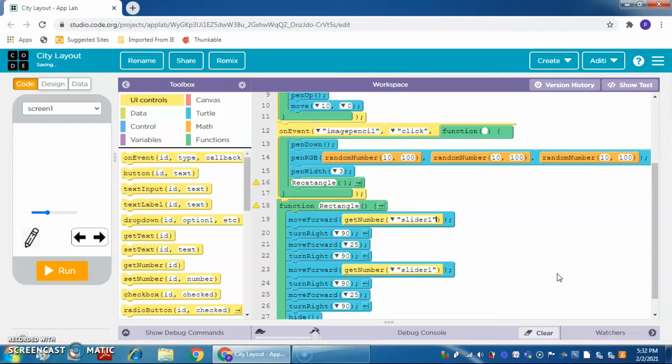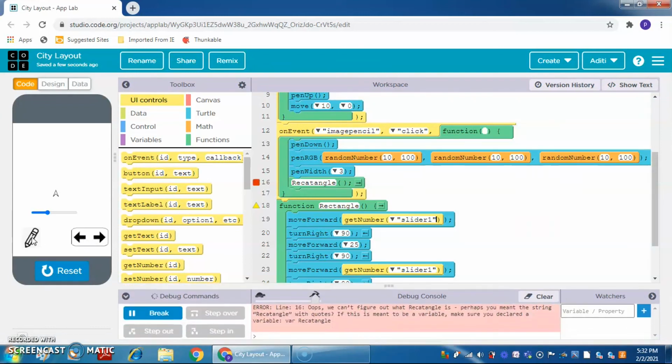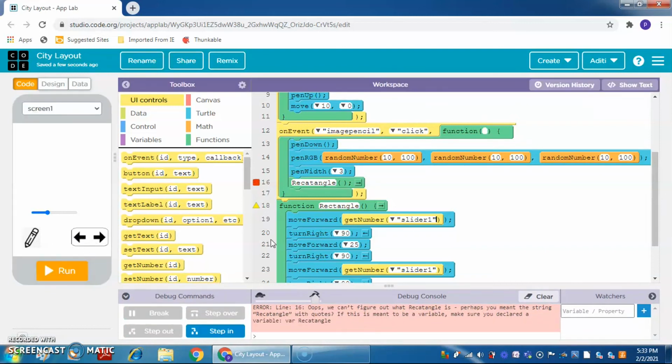And this is all the code for this project. So let's check it. When I click on right arrow, it moves right, and when I click on left arrow, it moves left. And when I click on this pencil, what happened? Oh, I told you that the spelling should be the same, so I have added this by mistake.